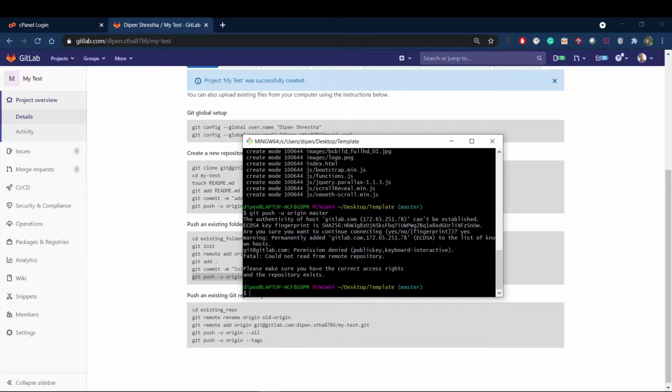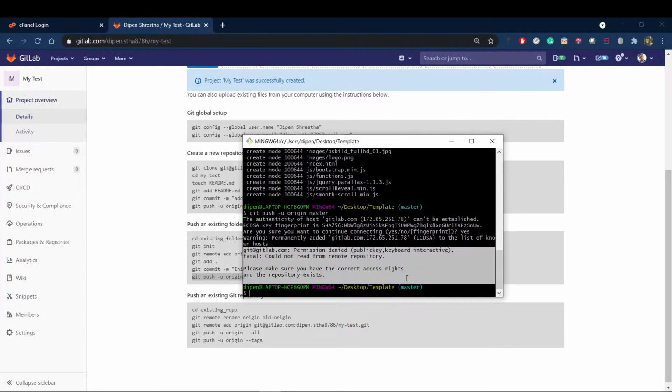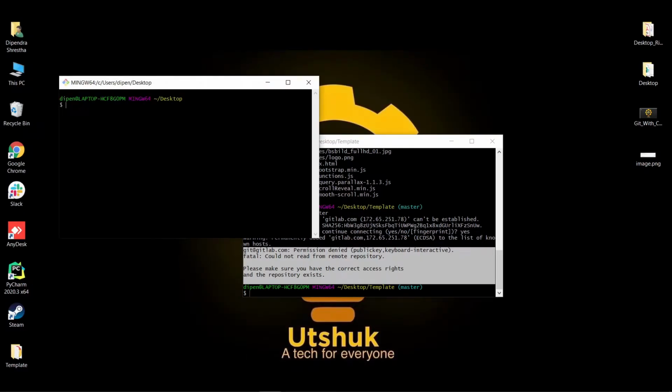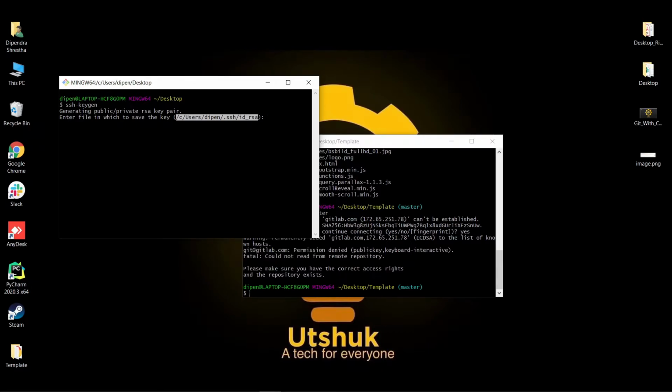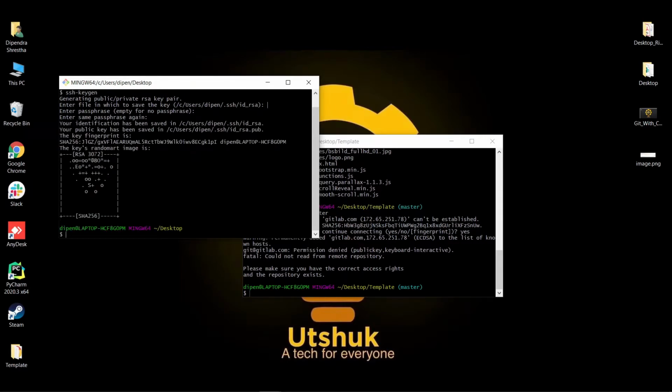It will give some error here as we need to create the SSH key. Simply type ssh-keygen, and one SSH key will be generated in this path of your computer. Leave the passphrase as it is, and the SSH key is successfully generated on our local machine.